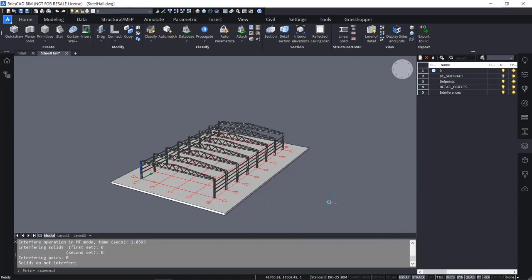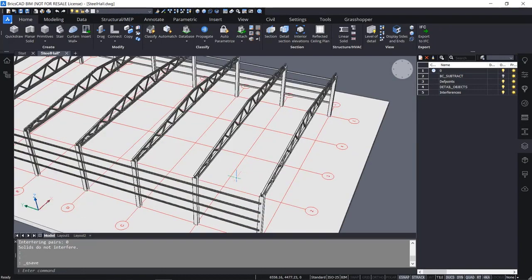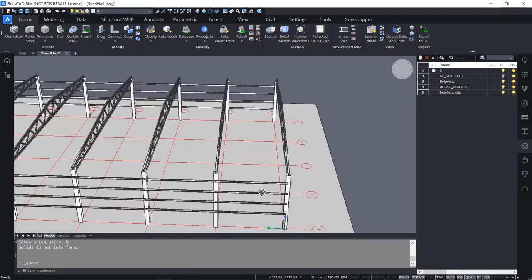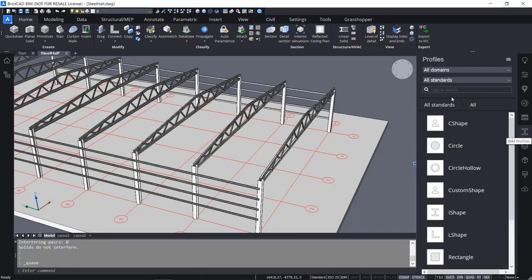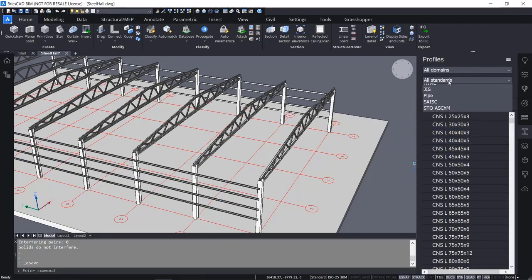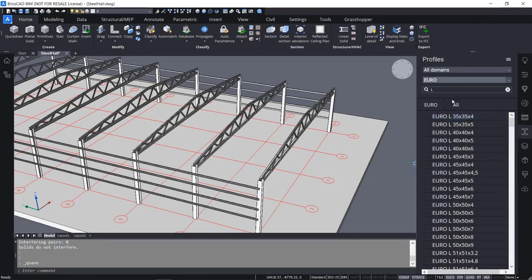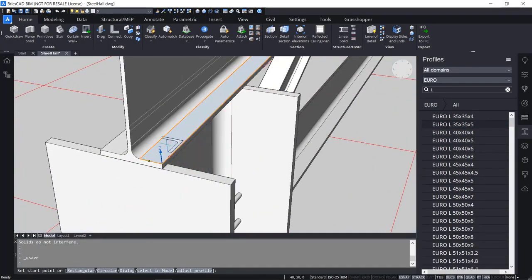Then you can save your file, and I have some extra optional steps for you. One of that is the diagonal braces. So choose in your profile panel, choose the L type Euro again, and the Euro 35.5. And if you just drag it into empty space,